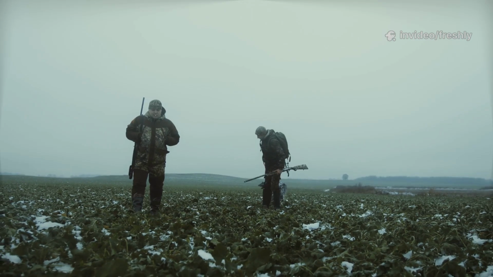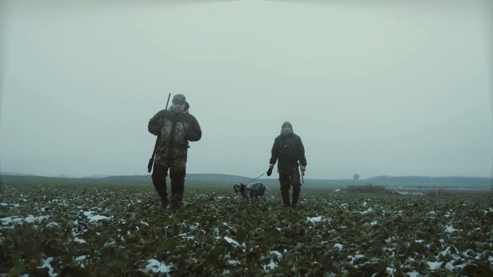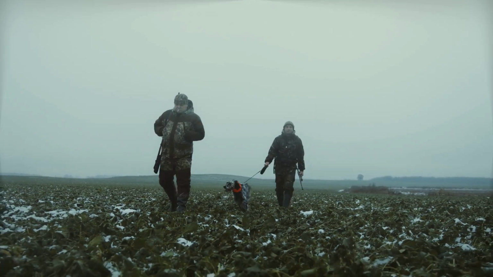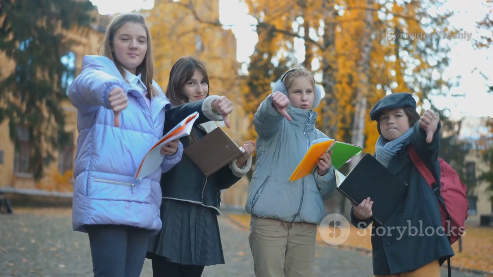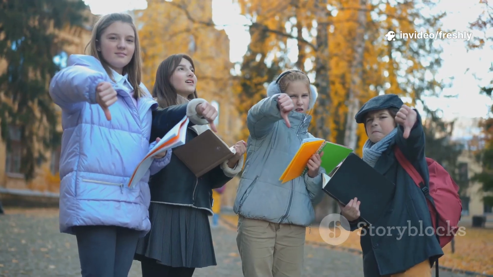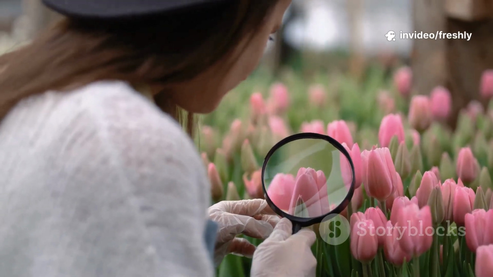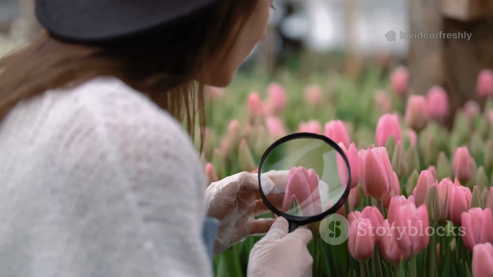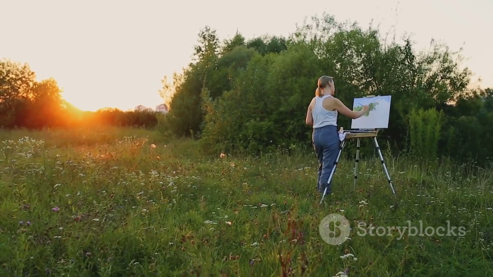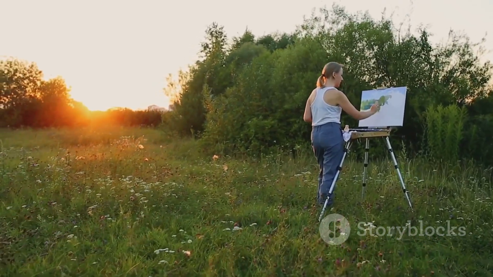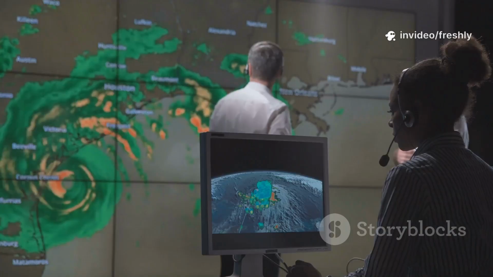This isn't a battle of right or wrong, it's a wonderful reminder that science can offer us multiple ways to understand the same phenomenon. Whether you follow the calendar or look to the sky, both perspectives enrich our appreciation of the changing seasons. Even something as universal as spring can be seen through many different lenses, scientific, cultural, and personal, reminding us that there's always more than one way to experience the world's natural wonders.